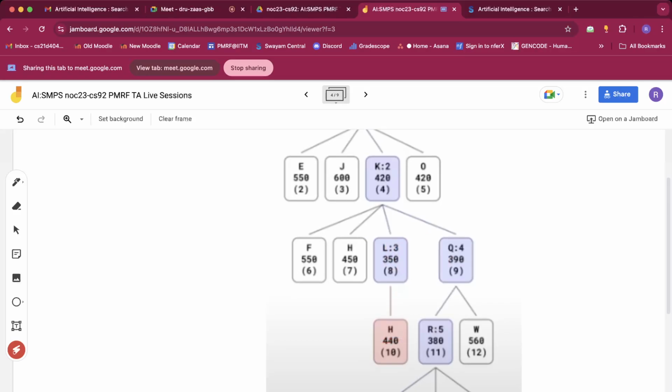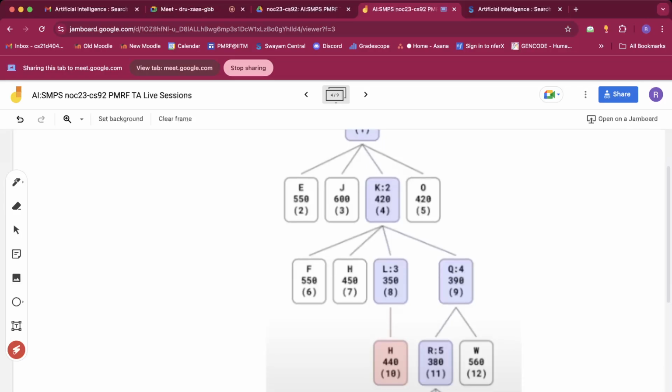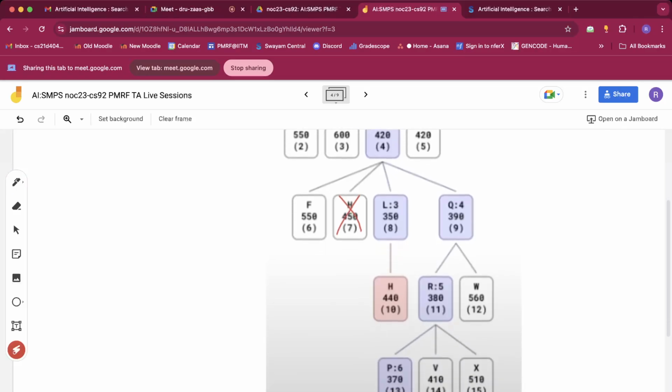Okay, but then we see that this H has a value of 440, which is lesser than the value of 450 which this partial path from S to K to H had, right? So we will apply propagation improvement like in the last session we discussed. We will cross out this particular partial path because we have already found a better partial path from S to K to L to H with cost lesser than 450. Okay, so next we expand Q, which is the most promising looking solution now with F value 390,